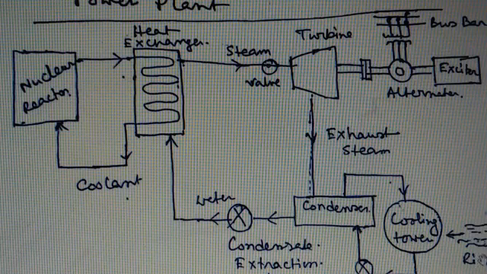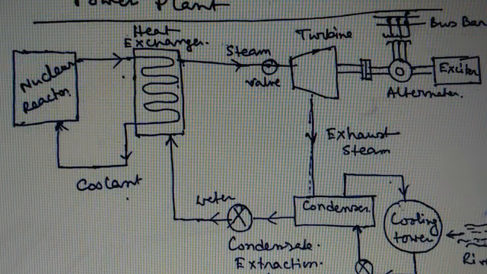So we already discussed that. The nuclear power plant is always placed near a river side. So this is the river from where a huge amount of water is supplied to the plant, and this is the cooling tower where the water is cooled to maintain the temperature, and after heating the turbine, the steam is passing through this path to the condenser where the steam is converted into water. So this is the block diagram of the nuclear power plant.